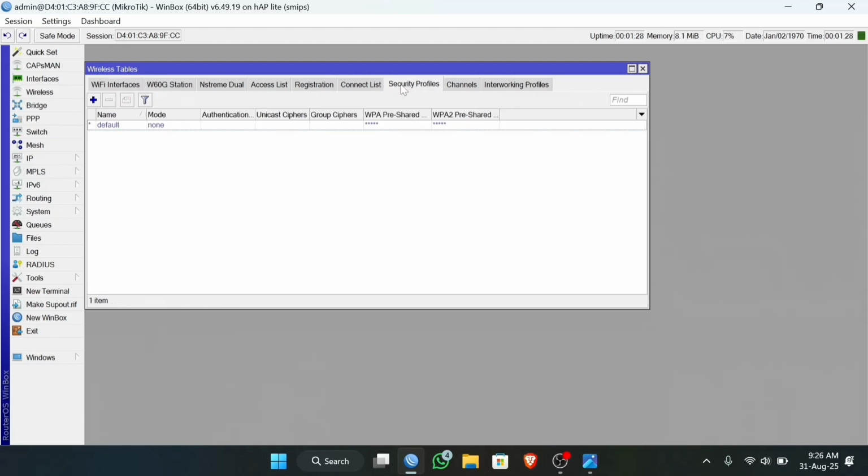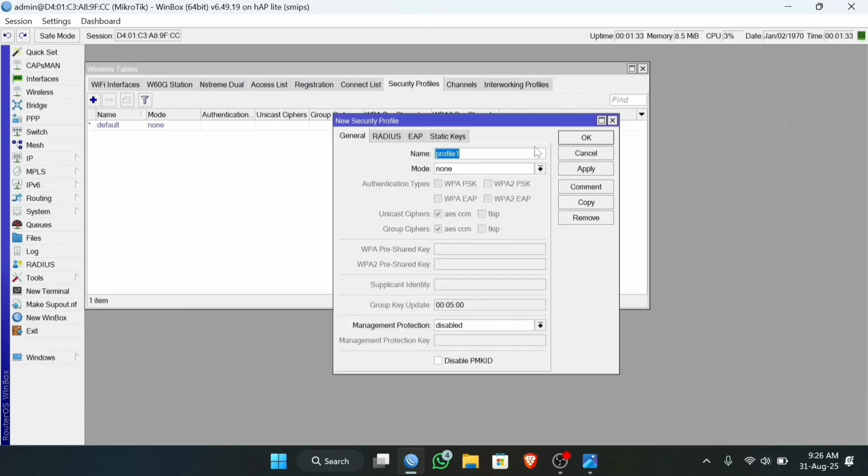Then you make a security profile for your Wi-Fi network. The name is up to you guys. And for the mode, we configure dynamic keys and check WPA PSK and WPA2 PSK. In the WPA pre-shared key, we fill in the Wi-Fi network password.